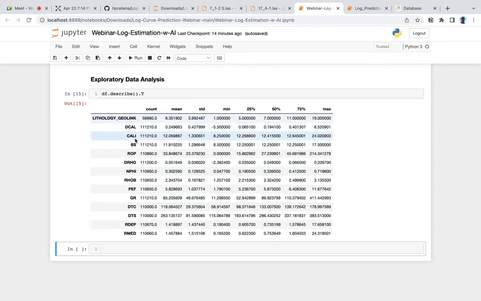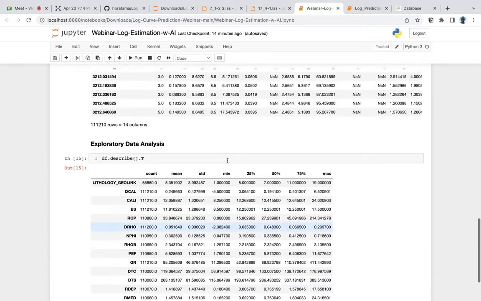You can see in here our dataset has Caliper, BS, Robi, NP, Robbie, Gamma Ray, DTC, and DTS, but we want to predict the DTS in this dataset.